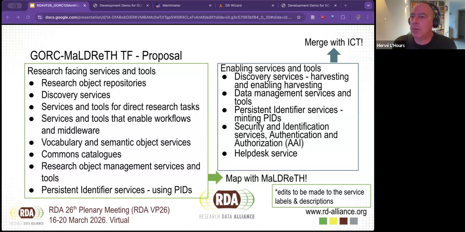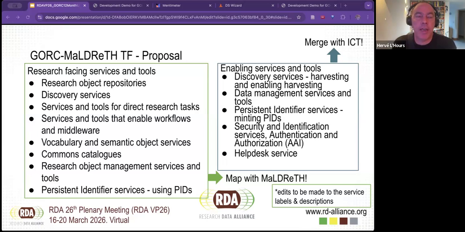But one way to look at this as well is that there is the temptation to have as flat a model as possible. So that top tier that you've got in the GORC at the moment, I think is highly relevant. And I did feel that there was value in separating out ICT provision from service provision, because that lets you explore the complex interpretations of those two things a little bit more.